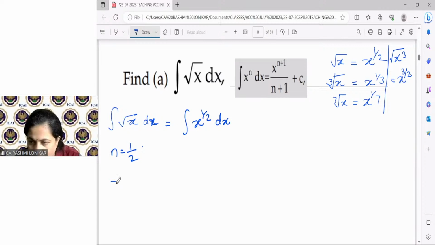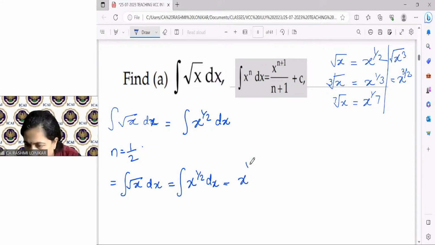The answer will be: integral of square root of x dx is equal to integral of x raised to half dx, which is equal to x raised to half plus 1 upon half plus 1, plus c. Now half plus 1 is 3 by 2, we already know. So x raised to 3 by 2 upon